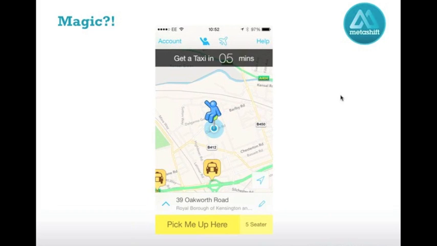Now, my point here is, if we were doing this webinar 5 or 6 years ago, and I told you about this magic app where you could pay by credit card, you could see literally taxis going past you, in this case on the Westway around the corner, you'd think I was mad, and you'd think that this was somehow magic or witchcraft, and it would never catch on and never be relevant. Obviously, our expectations with mobile change very, very quickly. So now, when I talk to people about Halo, they think, if they've not used it before, that's a good idea, and download it. No one looks shocked anymore about what it does.